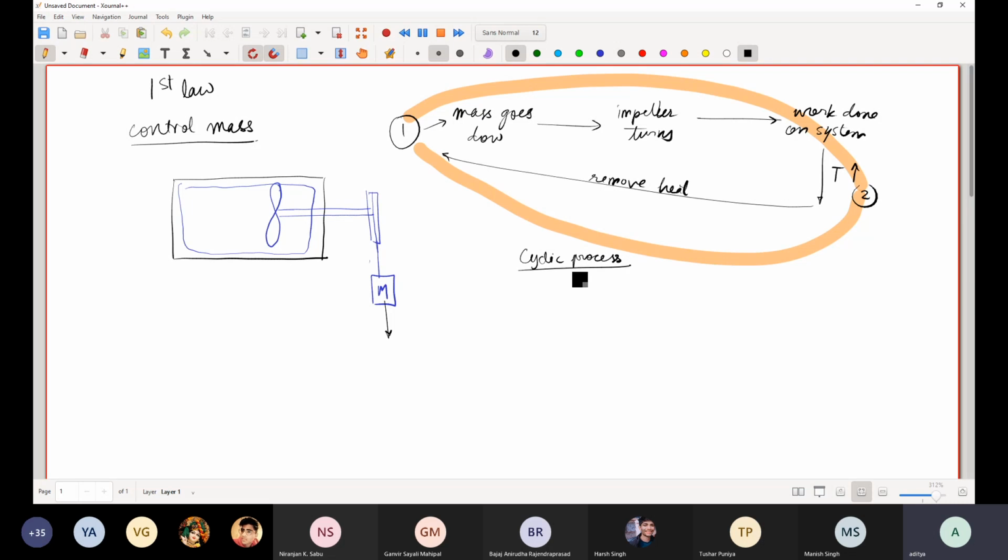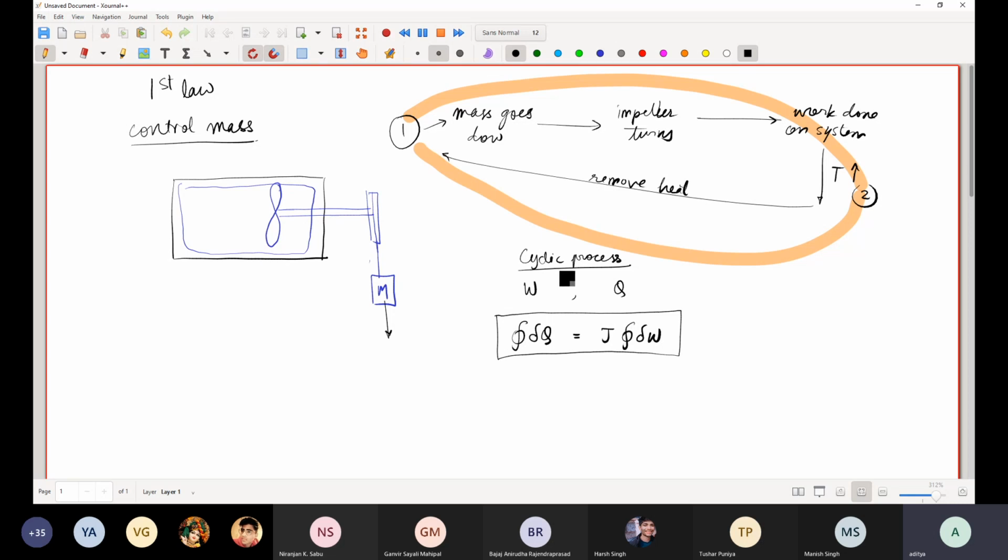You have done a cyclic process where you did a certain amount of work and you removed a certain amount of heat. So it has been found historically that in this process, the total amount of heat transferred is proportional to the total amount of work done. Okay, this is the important point,